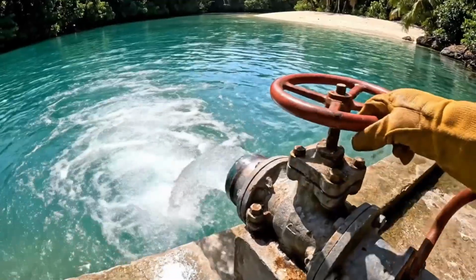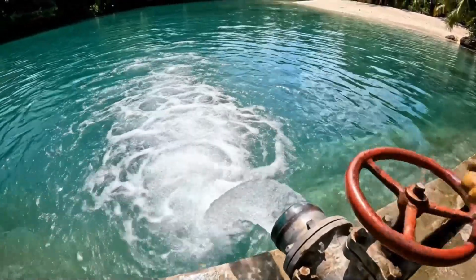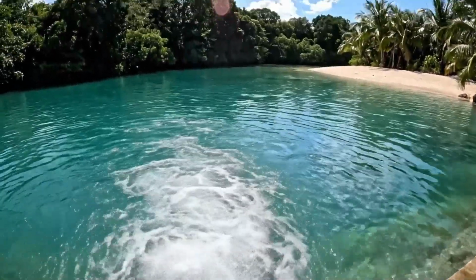The importance of hydration extends to every ecosystem. By ensuring a steady flow of pristine water...